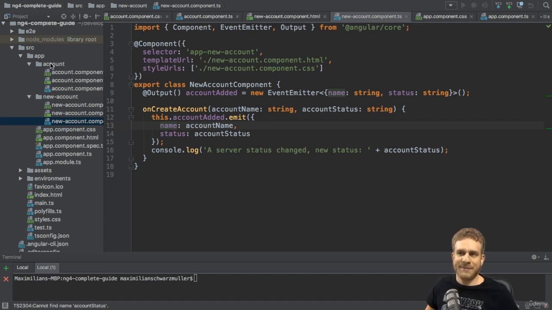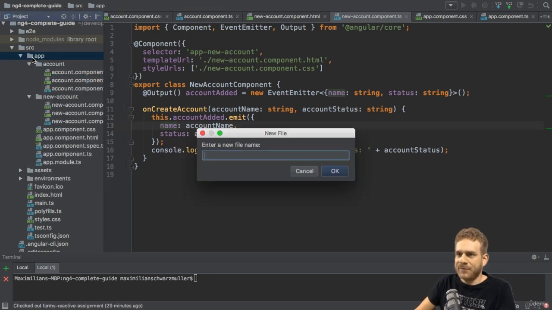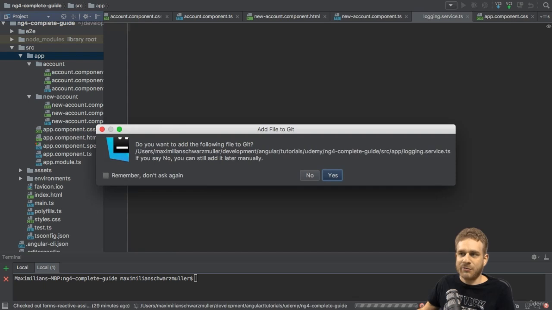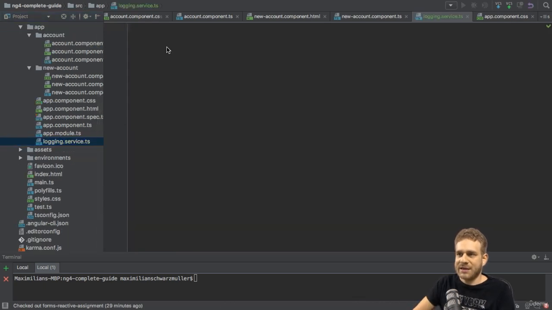First, we have to choose a fitting place. Now, since this service will do some generic task, I will place it in the app folder. You could also create a shared subfolder there. I will again place it right in the app main folder, and I will simply name it logging. And the file name should be logging.service.ts to follow this convention of being pretty clear about what's in a file. So here, this file will hold a service, so that's why I'll name it like this. There, I will export a TypeScript class, and I will name this class LoggingService, again, to be explicit about